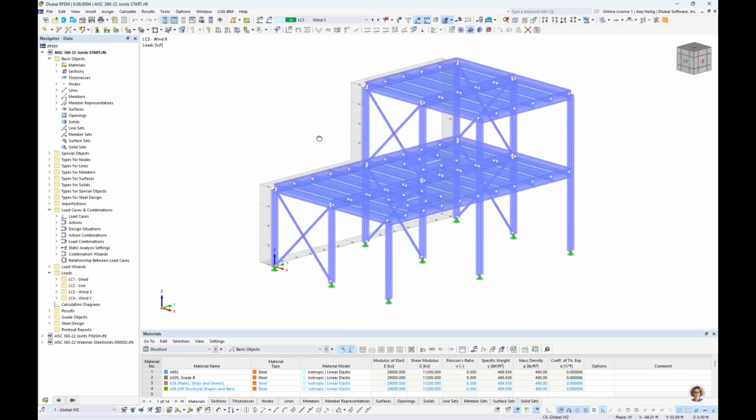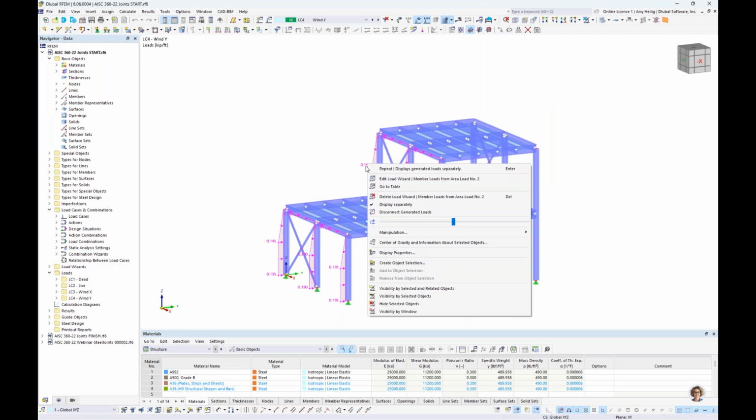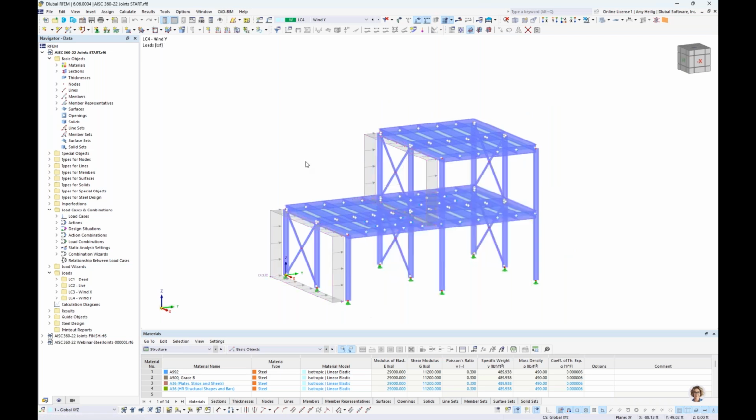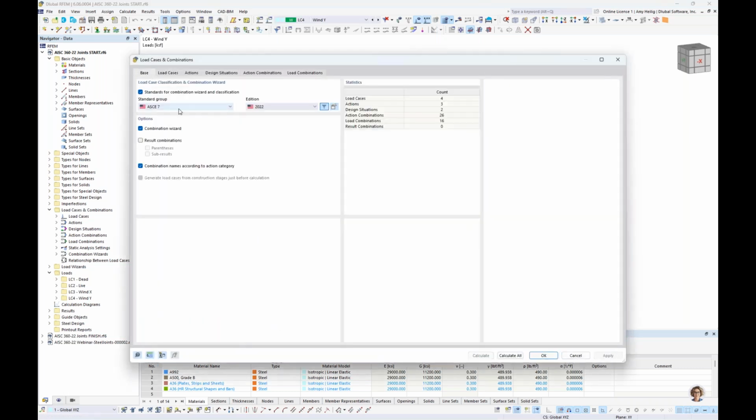We also have wind in the X direction, taking advantage of our load wizard here. We can right click to display those. These are just distributed to the members based on their tributary area. Same concept here for wind in the Y direction, and we can right click here to display those as area loads instead. Now, we also talked about last week how we are generating the load combinations automatically according to the